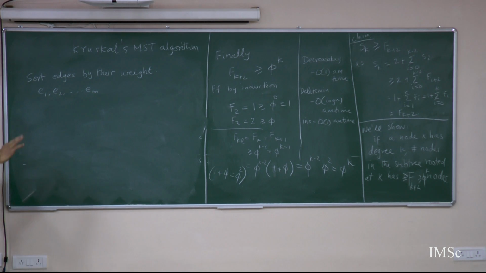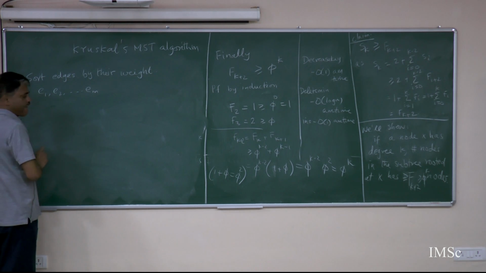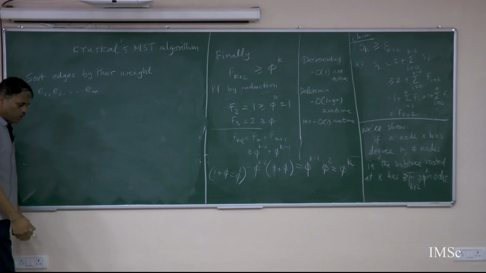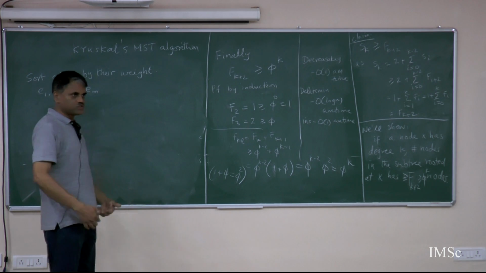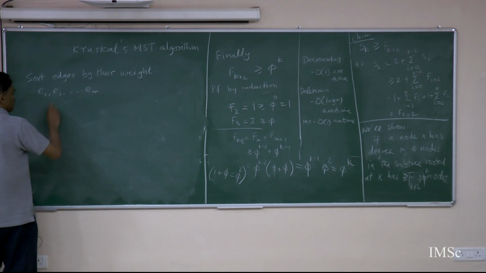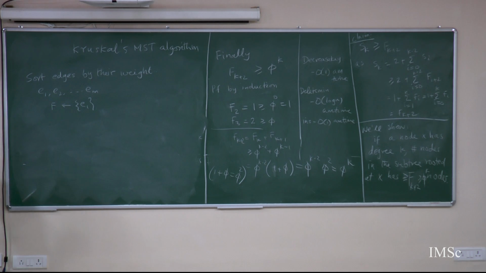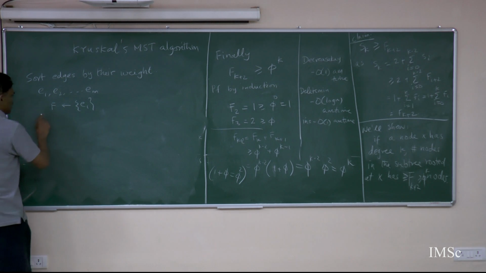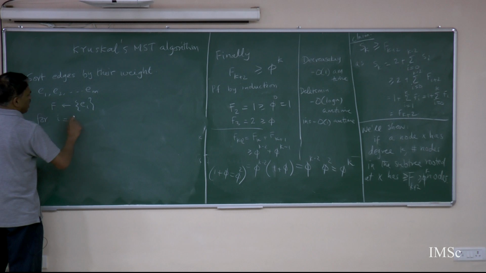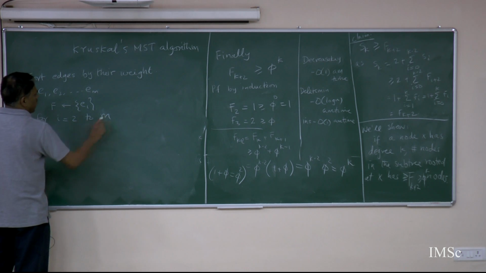After sorting, E1 is less than or equal to E2 is less than or equal to ... EM, and we're going to consider them in this order. My goal is to collect a bunch of edges, the solution. First I will include E1, the smallest weight edge. It's safe to include it in my solution. Then for I going from 2 to M: